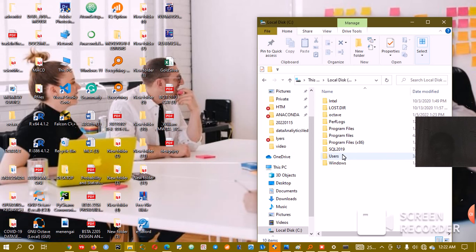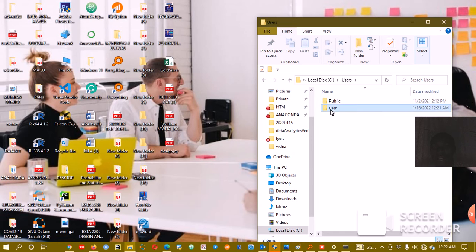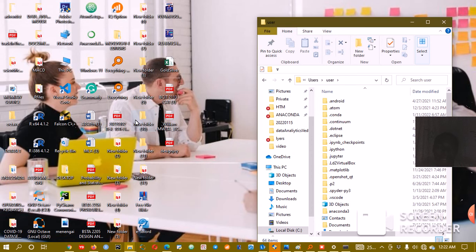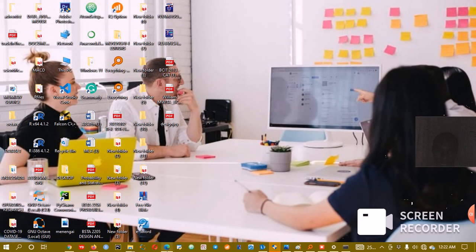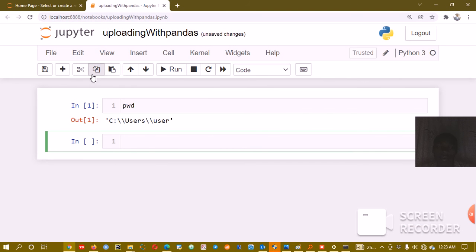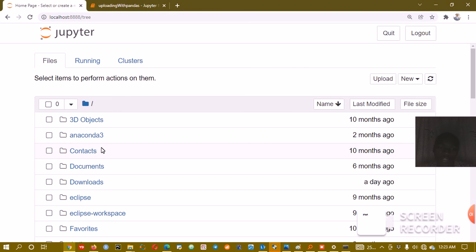After opening that, I will pick the new CSV file that I had placed on my desktop, and move it to that user folder. After that, allow me to close this so that we can proceed. Let us now open our Jupyter. Here we are, back at our home page. We want to check whether what we had just placed in our directory has come here. You can see it is here,